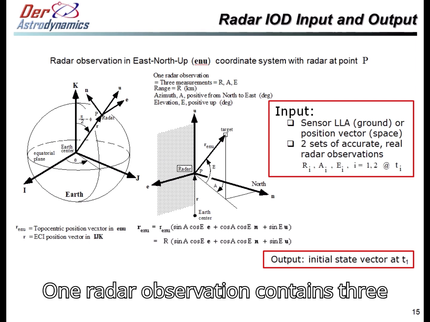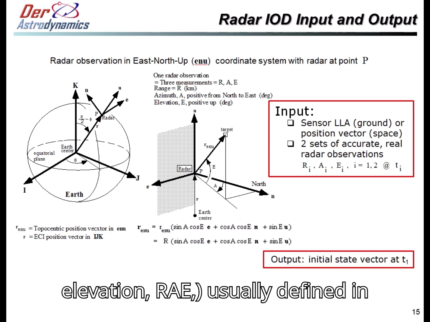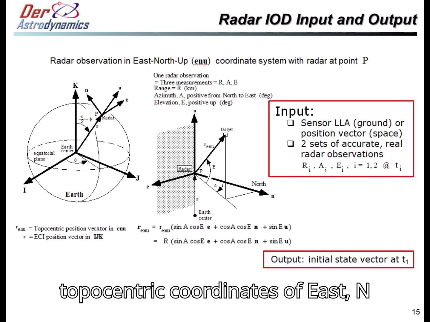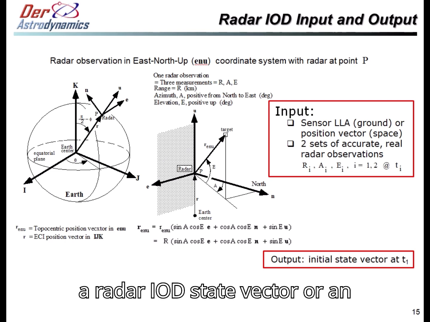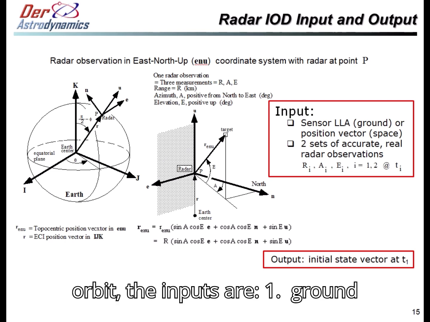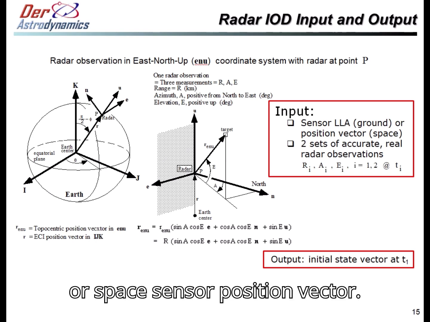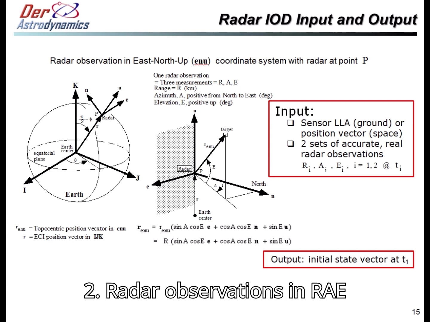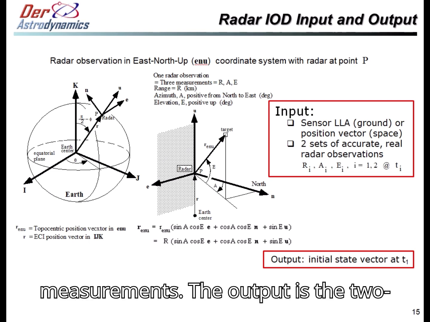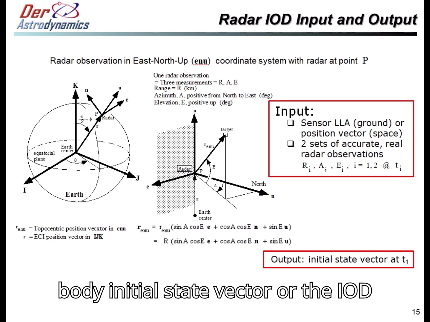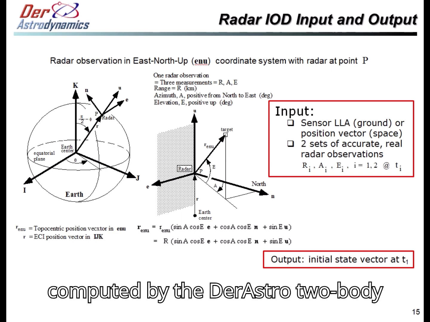One radar observation contains 3 measurements: range, azimuth, and elevation, RAE, usually defined in topocentric coordinates of east, north, up, the ENU system. To deduce a radar IOD state vector or an orbit, the inputs are 1. Ground sensor latitude, longitude, altitude, LLA, or space sensor position vector. 2. 2 radar observations in RAE or 6 radar measurements. The output is the two-body initial state vector or the IOD state vector at T1, computed by the ASTRO two-body